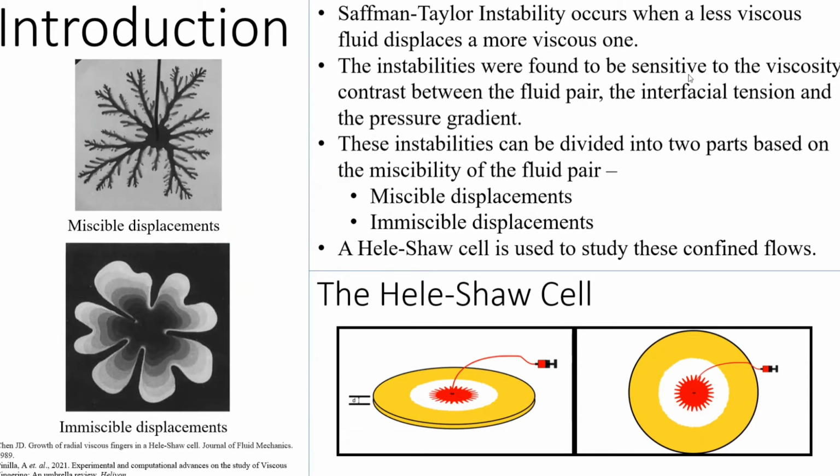These instabilities are sensitive to the viscosity contrast between the fluid pair, the interfacial tension and the pressure gradient. Depending on the miscibility of the fluid pair used, this instability can be divided into two parts: miscible displacements, where the interfacial tension approaches 0, and immiscible displacements, where there is a finite value of interfacial tension. Usually a Hele-Shaw cell is used for studying these instabilities, which is two glass plates separated by a fixed distance, and here this less viscous red fluid is displacing more viscous white fluid, and these instabilities are forming at the